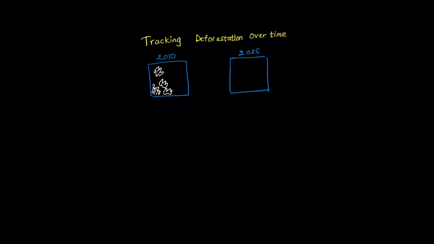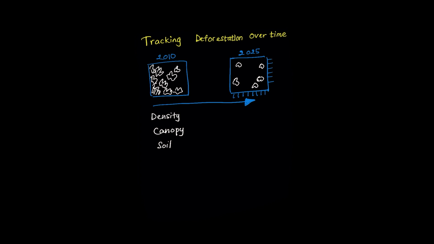Tracking deforestation through satellite imagery demonstrates the power of feature extraction comparison. When monitoring environmental changes over decades, we need to identify and compare specific visual characteristics across time periods. Feature extraction identifies key attributes like forest density, canopy coverage, and bare soil patterns in each image. By comparing these extracted features between images from different years, we can quantify exactly how much forest has been lost